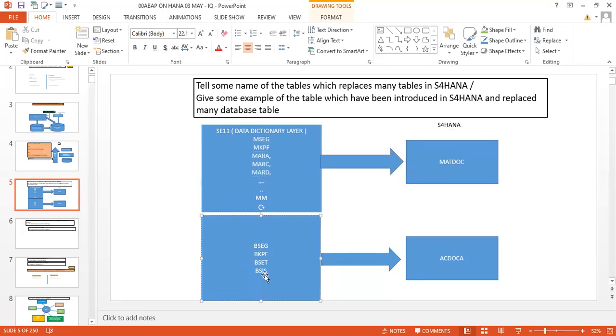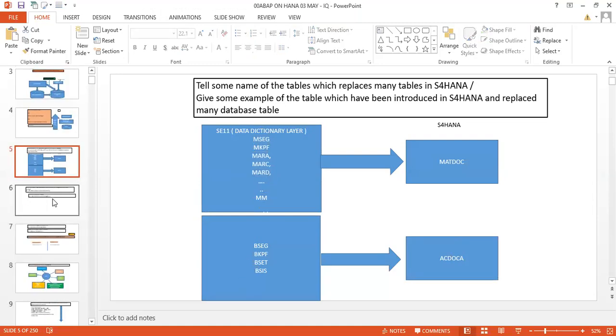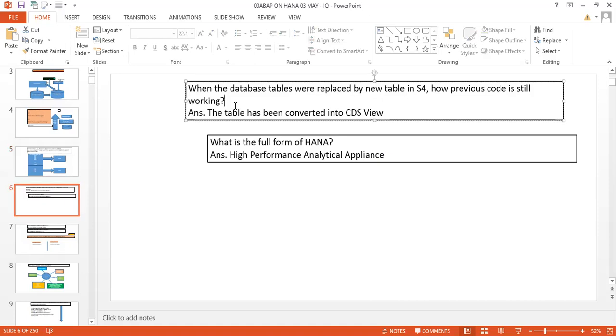And here also you can see that there are so many tables in FICO. Those tables were replaced by a single table, ACDOCA. And for these tables, just to avoid code inconsistency,